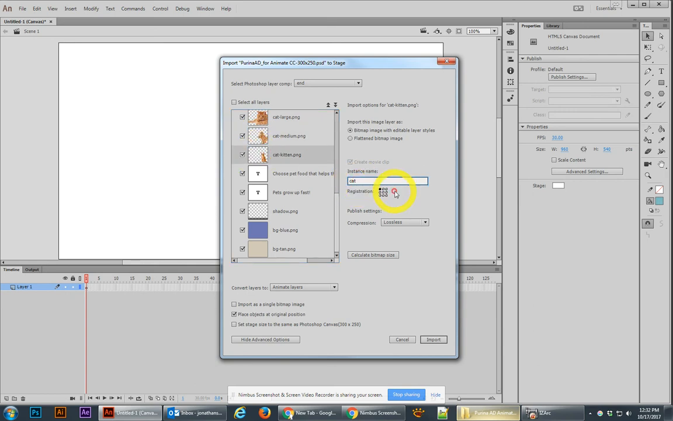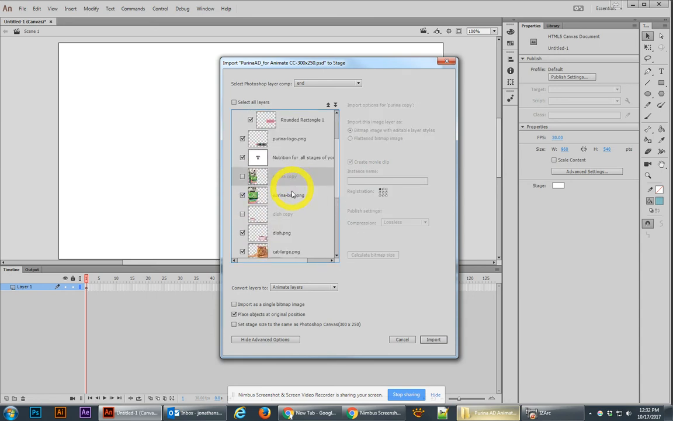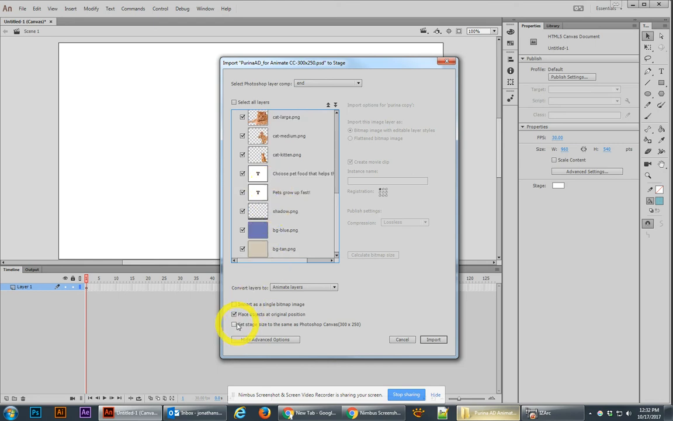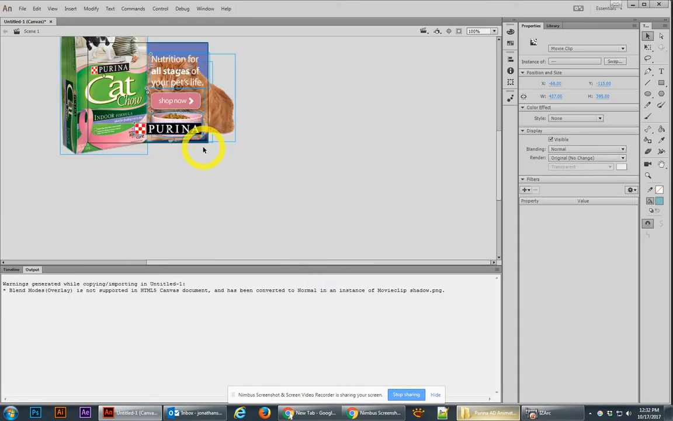instance names. This should be cat SM. I think you can't have a space. That's what was the problem there. Medium, cat large. So you can't have any space in it. Whoop, let me turn that one off. I think that's it. Next thing we want to do is set the stage to canvas size and import our